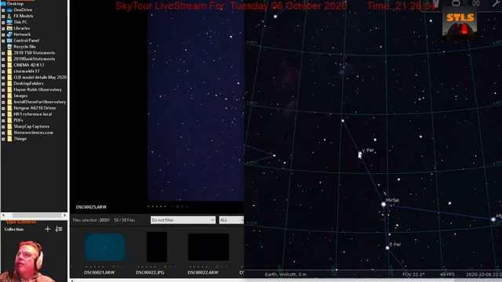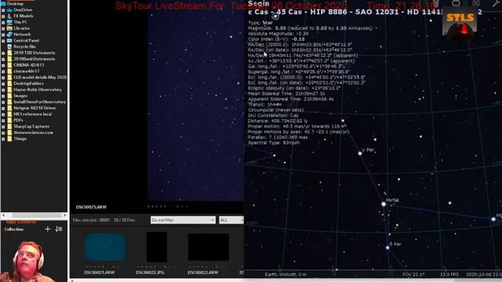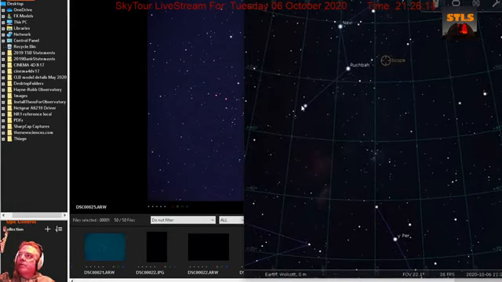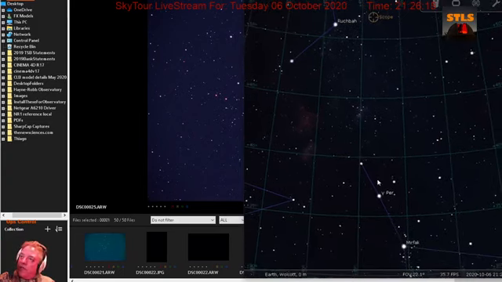You might see Gamma Persei, but it's really interesting because this is the N star in Cassiopeia right there. So that N star of the W, draw the line down to Perseus, and just look a little bit to one side, and there's the double cluster. You can't miss it. It's right there.